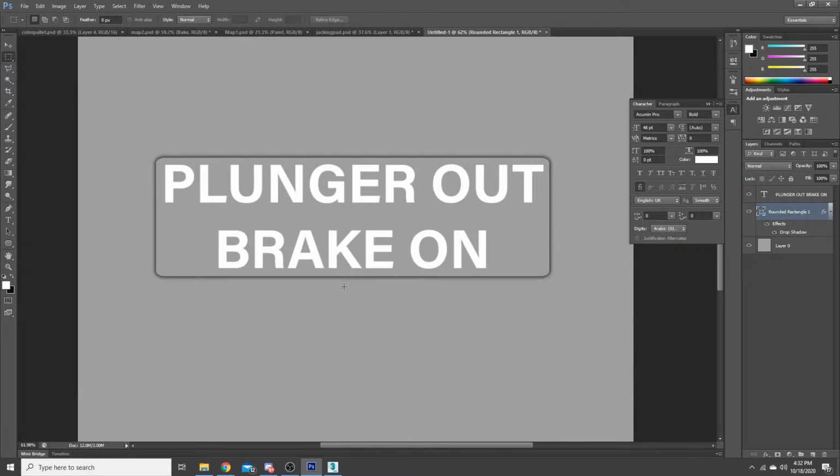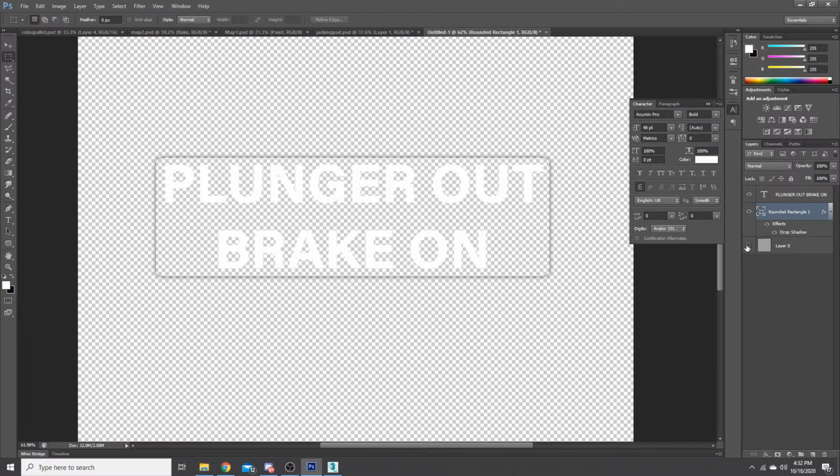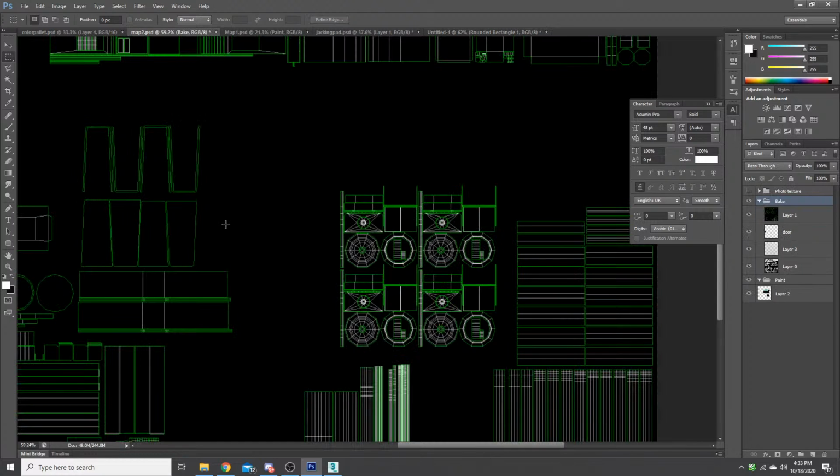So this is going to be our sticker, and what I'm going to do is I'm going to remove that layer. I'm going to come over here, take everything that's visible within it, and copy it. So now we're going to go paste that into the next thing, or into our map 2.